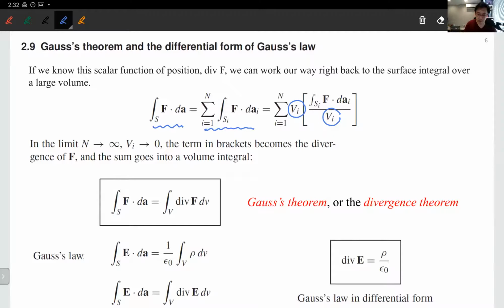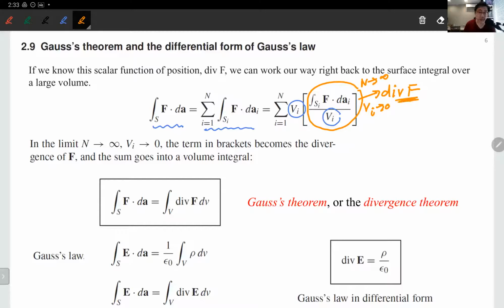Now we're going to take the limit. When I take the limit, this whole thing right here we're going to name the divergence of f, in the limit of n going to infinity or v approaching 0. Everyone see this is a whole summary of what we have been doing. We start from the flux calculation, and we can slice the volume any way you like. The newly created surfaces won't contribute anything new to the flux calculation. But then we do the flux per unit volume, so you multiply by v sub i and then divide it out, so you're not doing anything. Then in the limit of n approaching infinity,